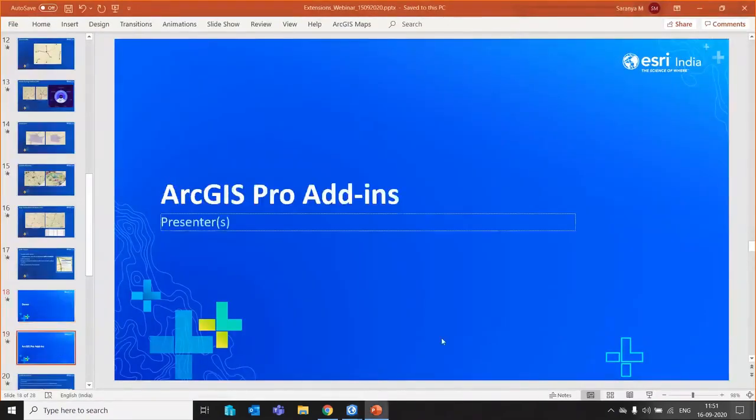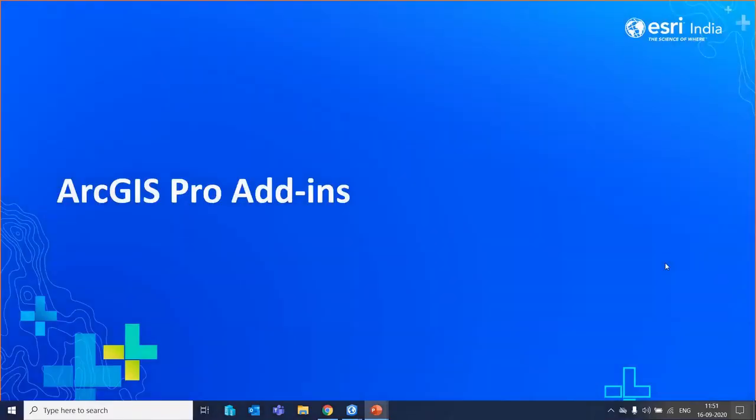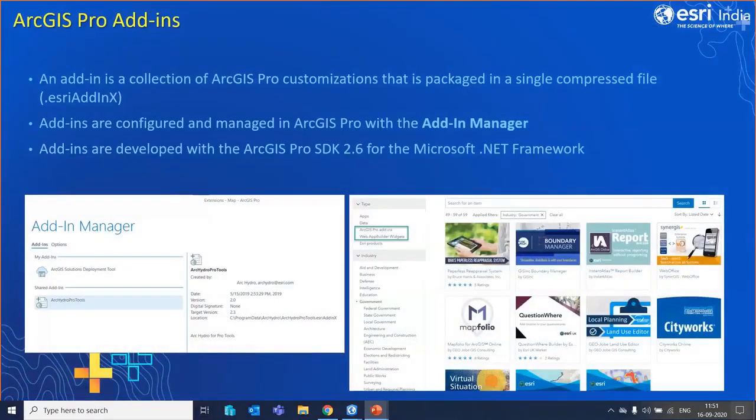Let us move to our other topic, which is ArcGIS Pro add-ins. In today's session, we have seen several extensions like Spatial Analyst, Geostatistical Analyst, and Network Analyst. In addition to this, we also have several other extensions like Data Interoperability, where you can exchange between over 109 formats of data.